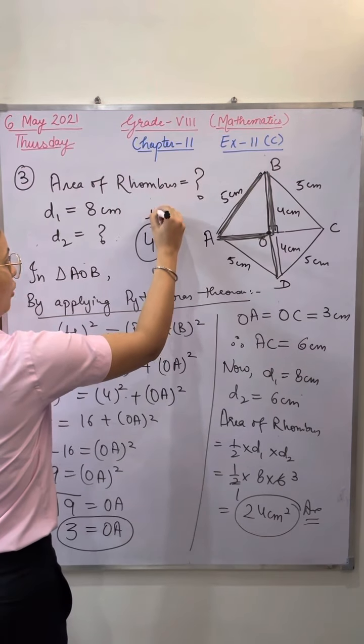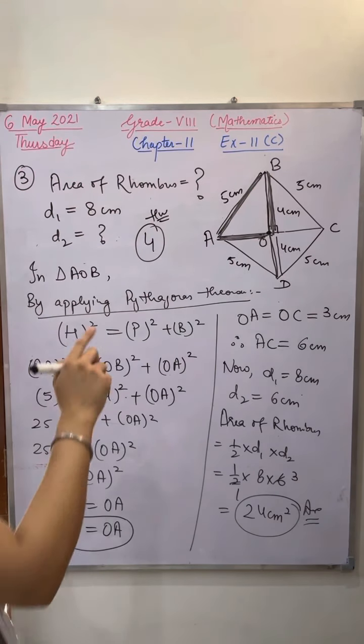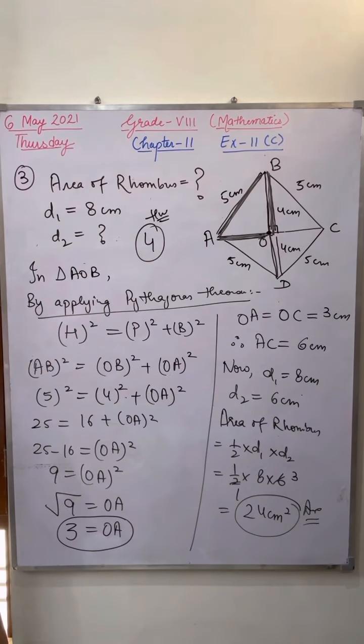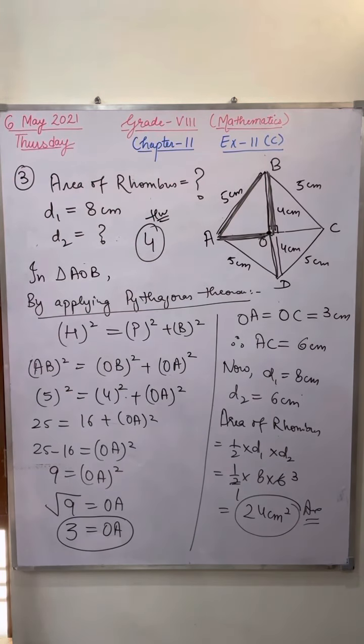Fourth question is your homework. Quickly mark this fourth question. I am giving you only the fourth question. By tomorrow, I'll unmute some students in the class and ask you what is the formula of this question. In this question 4, perimeter of rhombus is given. Listen carefully. Perimeter of rhombus is always equals to 4 into side. From there you can take out the side of the rhombus and then you can see which formula you can apply after that.